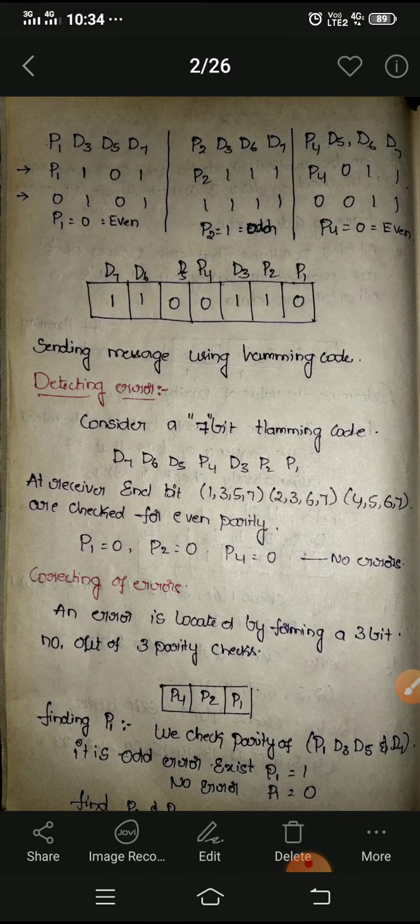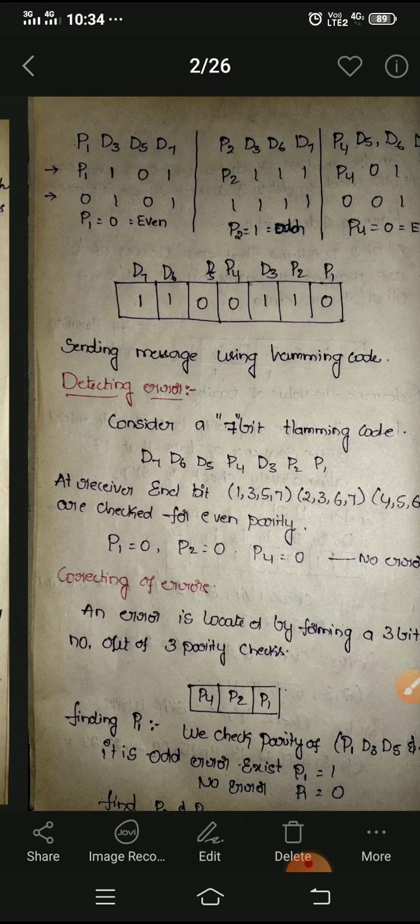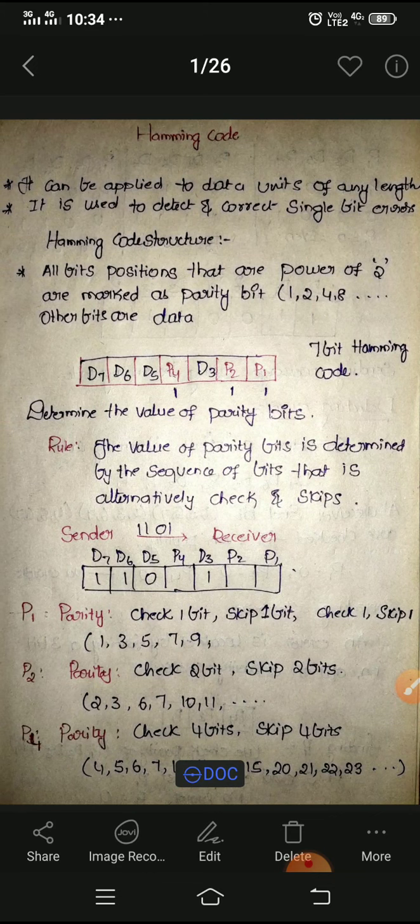So how am I going to fill them? As per my data information, D3 bit is 1, D5 bit is 0, D6 bit is 1.